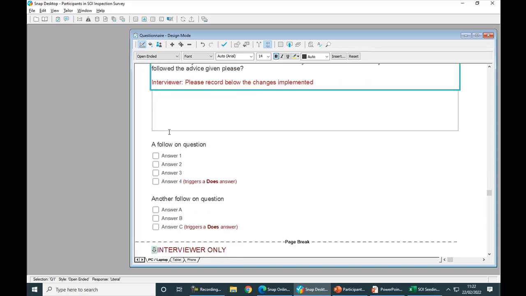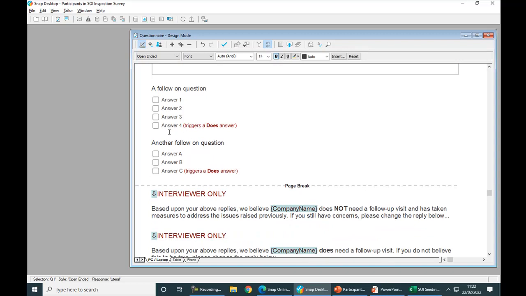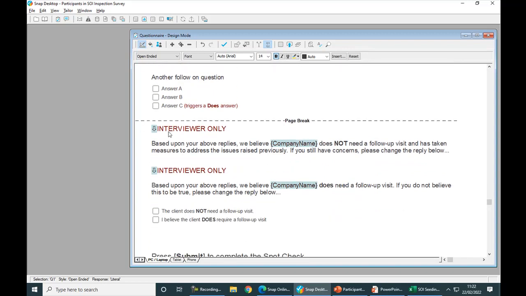And then I have a couple of questions towards the bottom, and then based upon these answers, the final question, which is about whether a final follow-up call is required, will be pre-answered based on the initial answers chosen. So the survey will guide the interviewer and suggest an answer based on my previous responses.